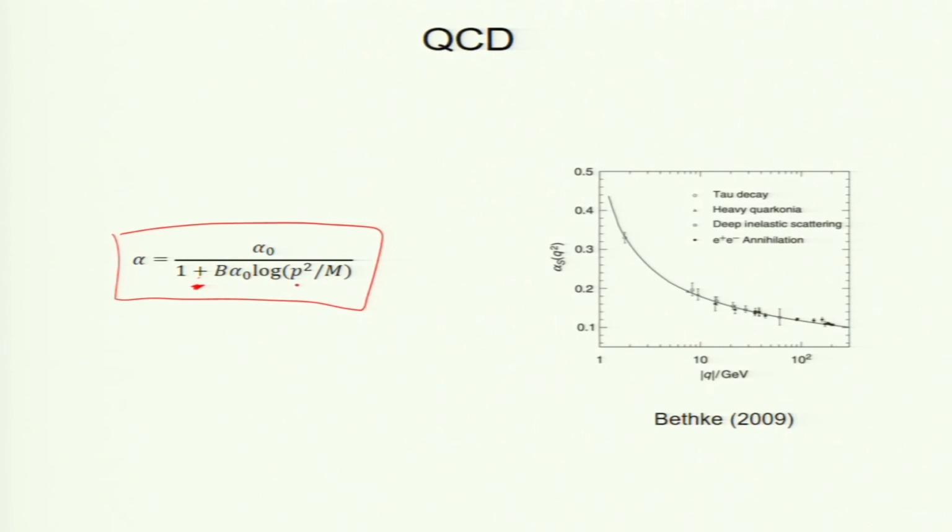So, what happens with a plus sign? For large momentum, what will happen? This m squared is there. What happens at large momentum? It will decrease, in fact become 0 for large momentum. So, you see that is what is happening: the coupling constant is decreasing with momentum, and if you go to huge momentum then it will become 0. So, what does it mean, the coupling constant being 0?